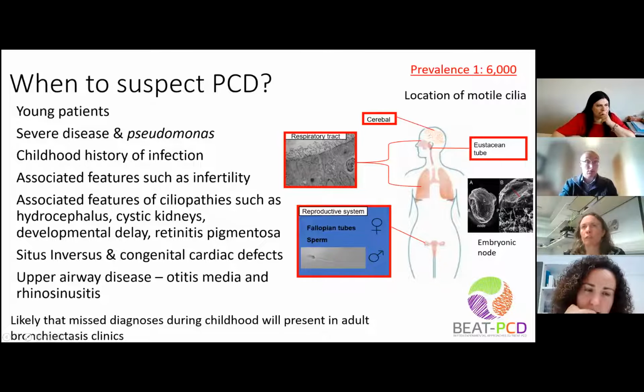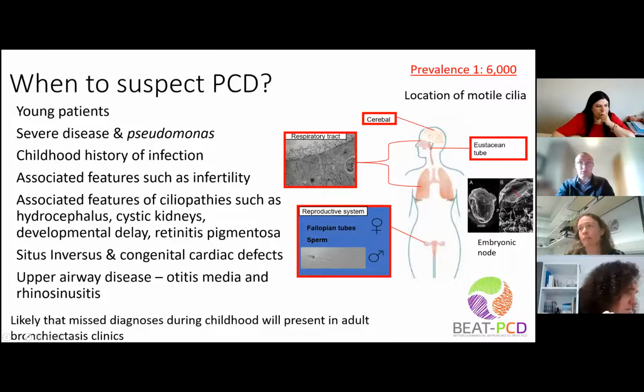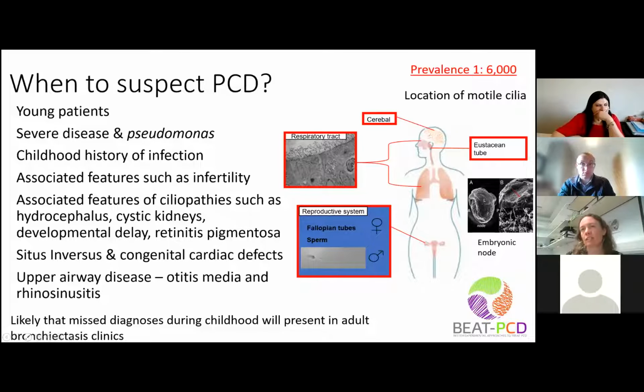So when should we suspect it? If you look again at the EMBARK data, the people with PCD tend to be younger than your average person with bronchiectasis. I don't think that means we only need to test young people. I've certainly made diagnoses in people who are in their 70s and 80s. People with severe disease, people with Pseudomonas infection, people presenting with a childhood history of infection, associated features such as